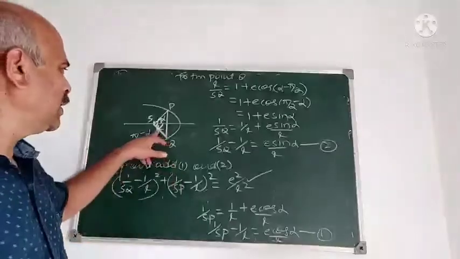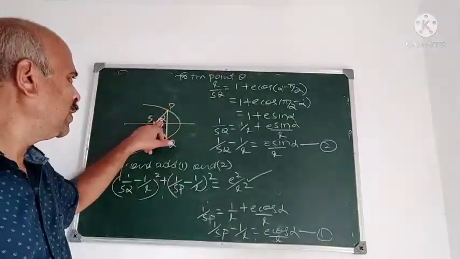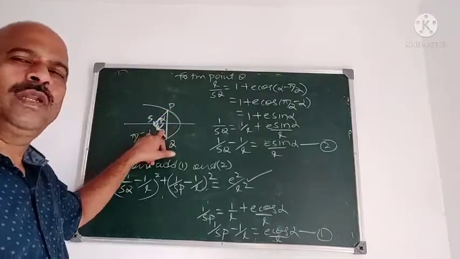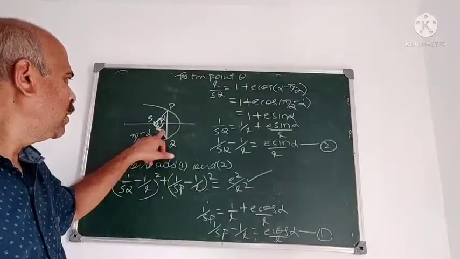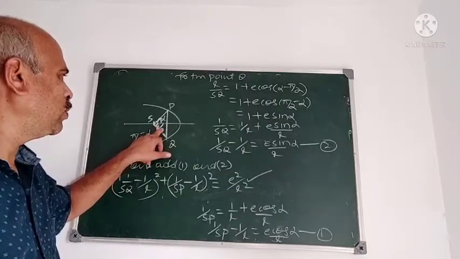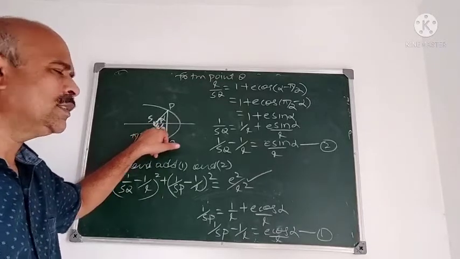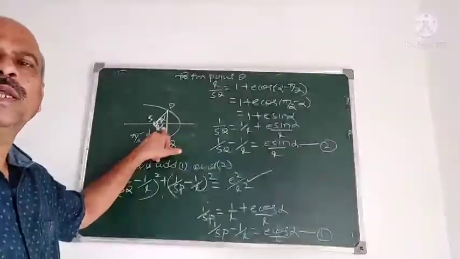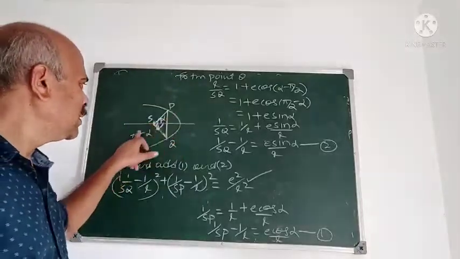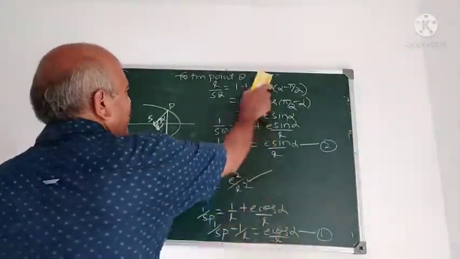So what is the important thing in this problem? If α is the vectorial angle of P, then the vectorial angle of Q is minus (π/2 − α), or α minus π/2, because this is 90 degrees and this angle is, what is this angle? 90 minus α, but it is taken in the reverse direction, that is the clockwise direction. Therefore α minus π/2 it is.